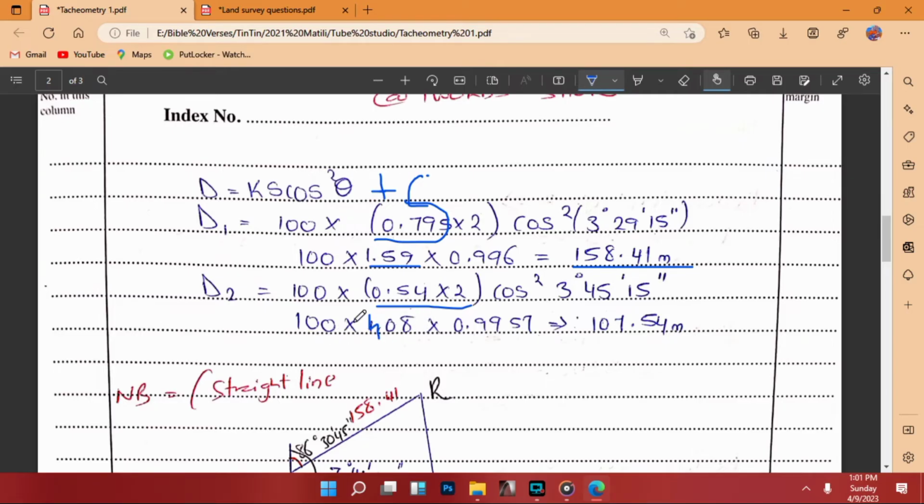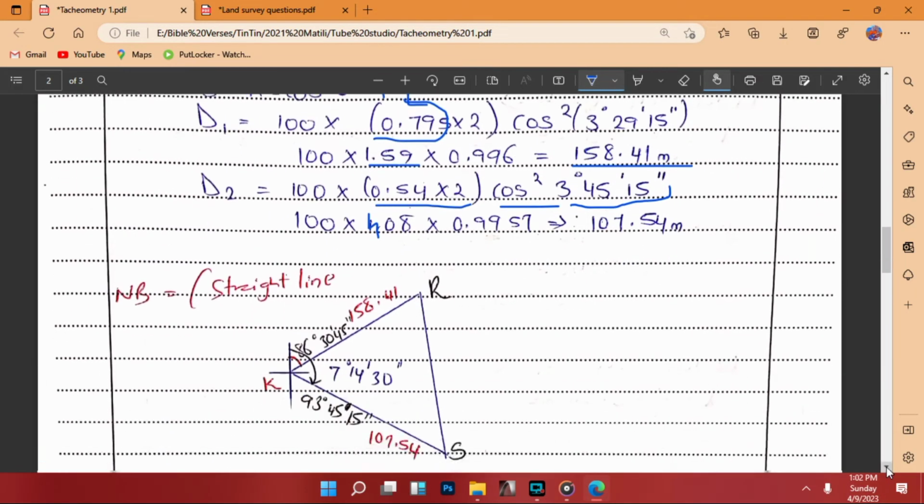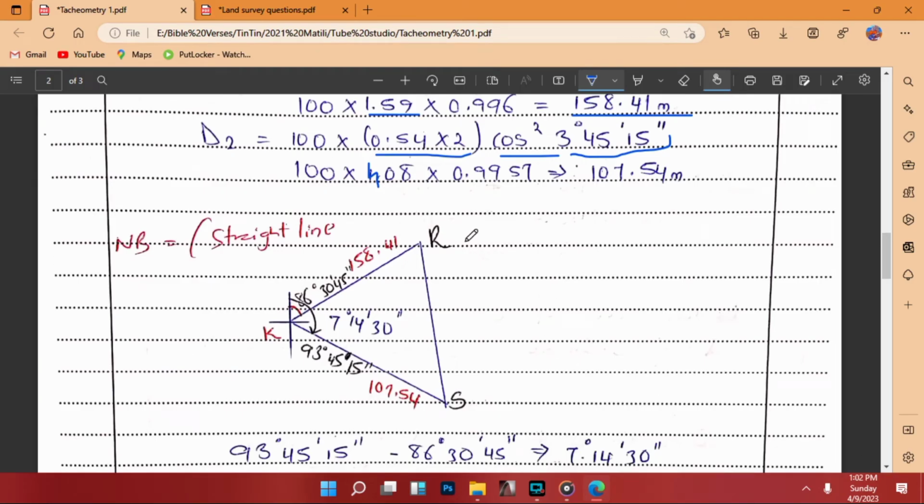So 0.454 multiplied by 2 is 1.08, times 0.957, which is the answer of the square of the cos. So D2 will be 107.54. We go back. We need to find the distance between R and S, which will be used later